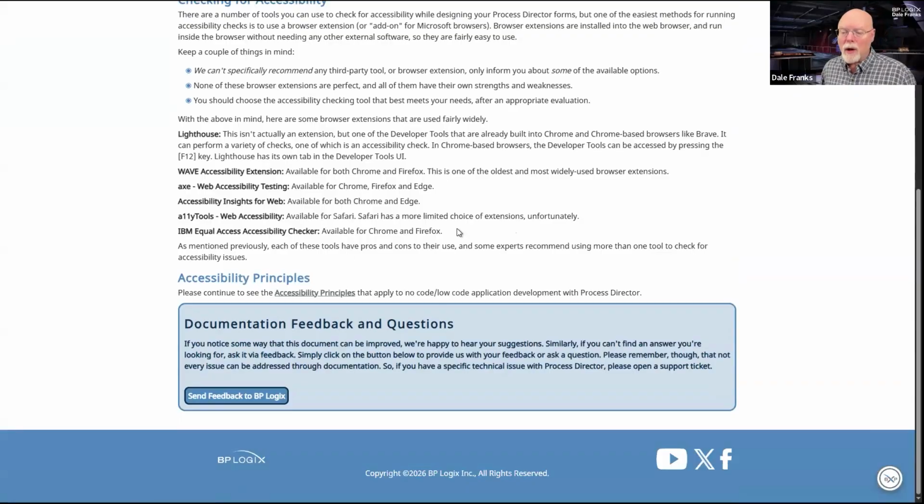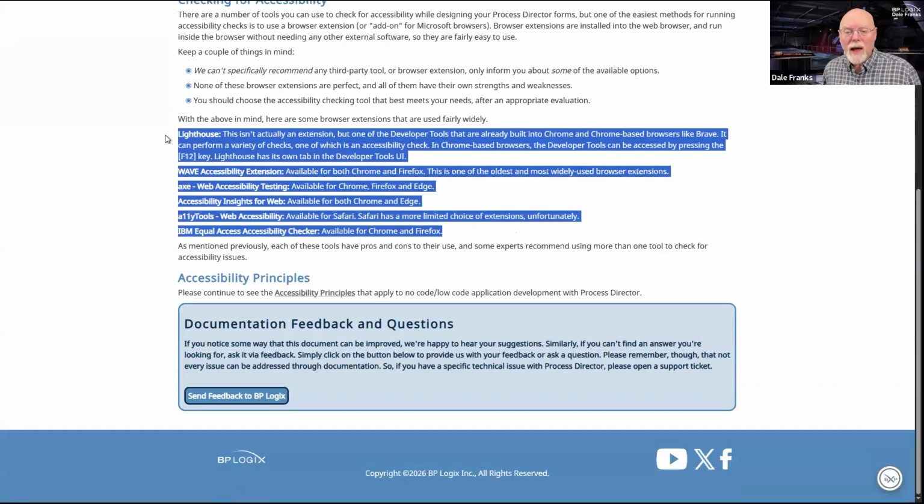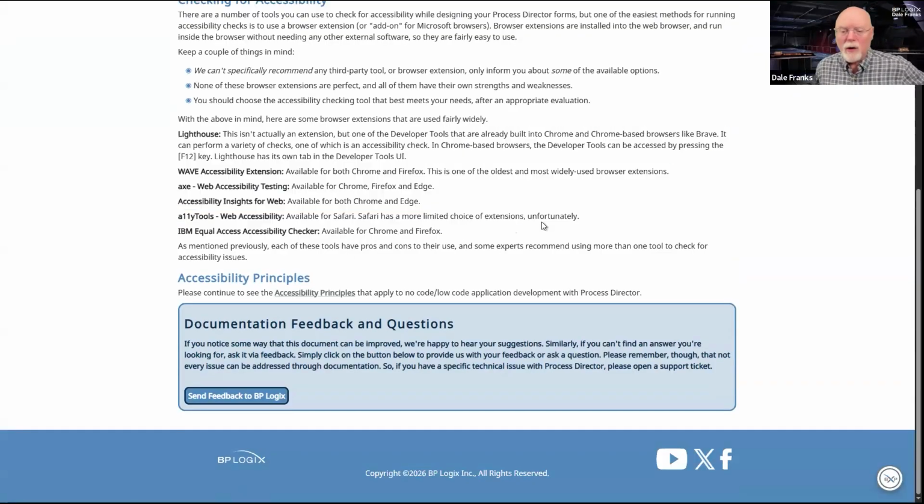It also gives you a list of tools that you might find very useful for checking accessibility on your end user forms. And by the way, what we are talking about when we talk about accessibility are forms that are accessible by end users. We're not talking about the administrative UI.